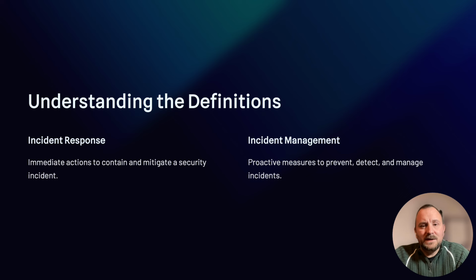By recognizing the distinct roles of IR and IM, your organization will have enhanced efficiency as teams can streamline their efforts, focusing on what each does best, thus improving communications. Clear communication among stakeholders ensures everyone knows their responsibilities during an incident, while enabling better outcomes by working together effectively. Organizations can minimize the impact a security event has on their organization.